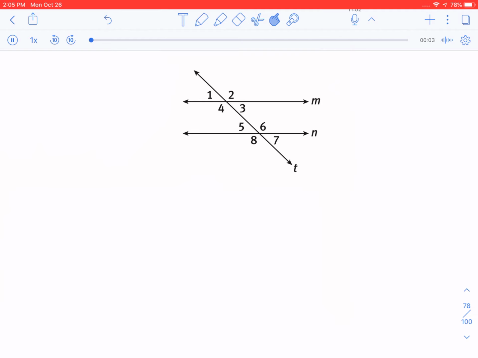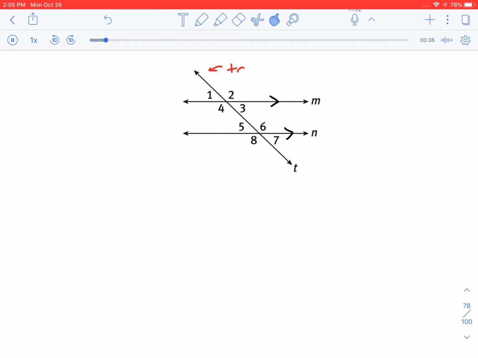Okay, so we're going to look at the relationships that parallel lines have with transversals. The first thing I want to introduce you to, make sure that we understand, is that we are looking at line M and line N, and they're parallel. These little markings here are just a way to say that they're parallel. You'll see that it's kind of an arrow in the middle. And so those are our two parallel lines, and we call this line